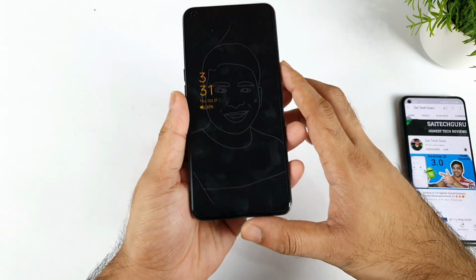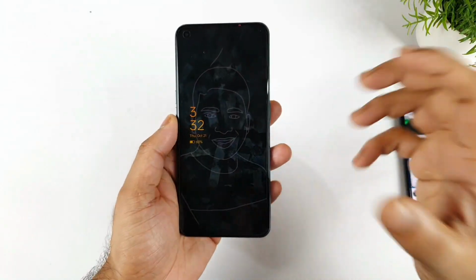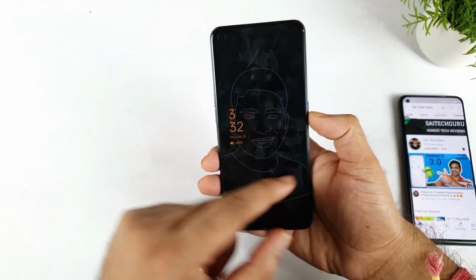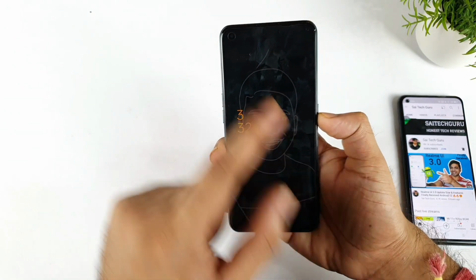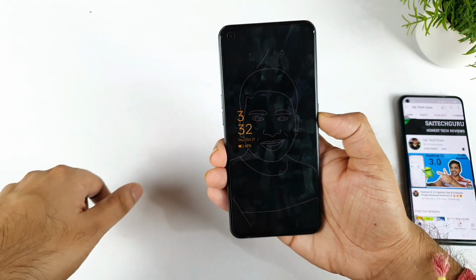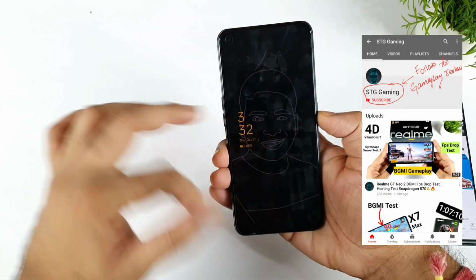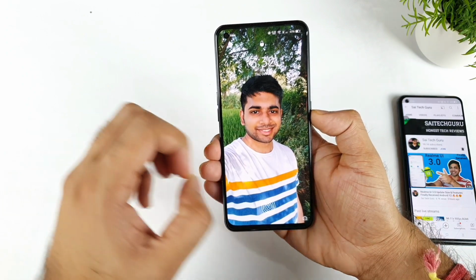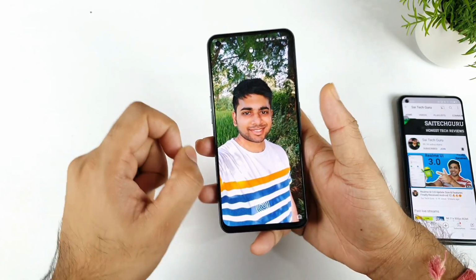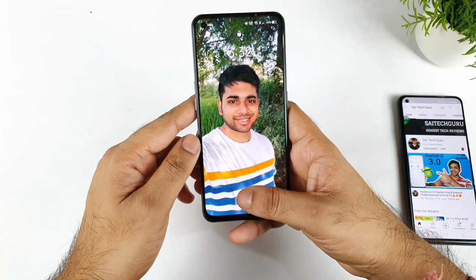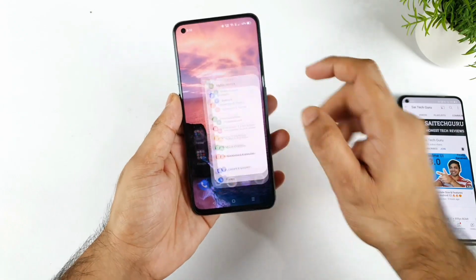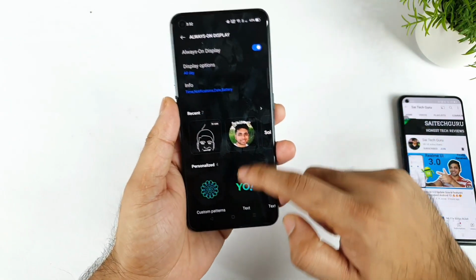I did like this. And there are a couple of things that have also changed when you try to open the phone. Let's observe the animations surrounding the phone. As you can see, there's a shadow effect going on in the borders. Try to look again. As you can see, it's a shadow effect. I did like this smooth transition effect. And let me try to enter the phone. And right now let's go to personalization and always on display again. And those are the things.